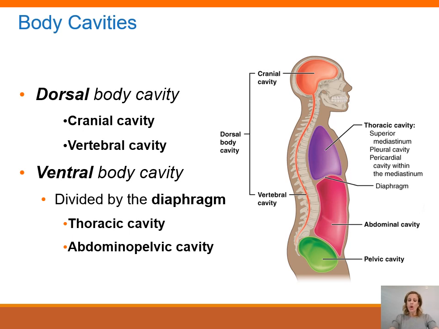So we're going to go through all of the body cavities now, and as we go through the cavities, we'll look at the organs that are in each cavity and the membranes that line the cavities when applicable. So the body cavities are kind of like those nesting dolls where you just see one wooden doll and you open it and there's a smaller one, and you open that and there's a smaller one, and you open that and there's a smaller one. The body cavities are kind of the same way. So the body itself is like the ultimate cavity. But then when we look